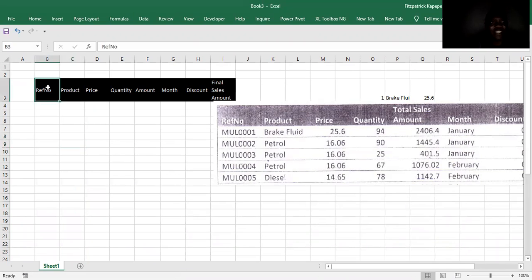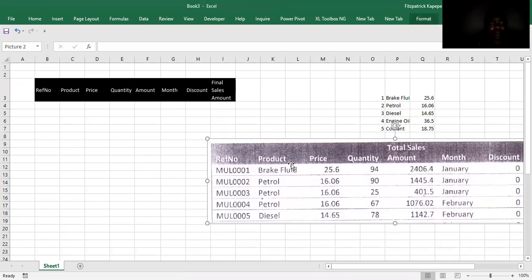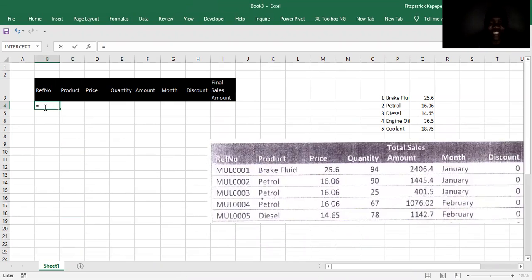So the only thing that you do, like I said, is just the typing on your topmost. That's all. So from here, you come to your reference. You know the reference, you know that it's going up to 40. This is what she has done. So you say equals, inverted comma, then you whatever,